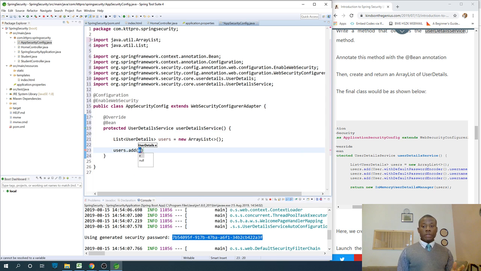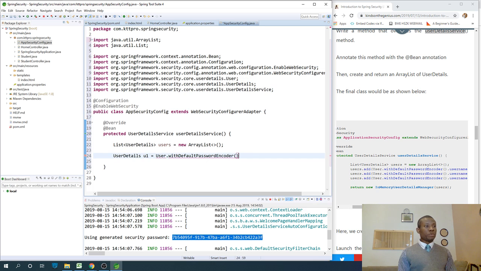So we need to add user details. I actually can create 3 different user details separately and then add them, but it's better I add it inline. So what I'm saying in effect is I think it will be easier if I create 3 user details. So let me create 1 user detail. I'm calling it UserDetails u1 equal to